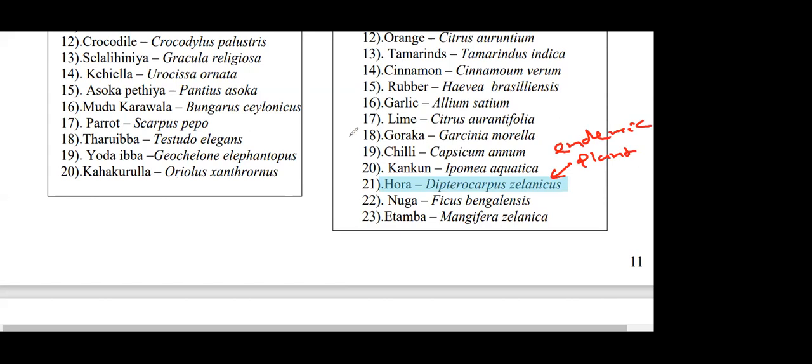This is also a bit important. Hevea brasiliensis, rubber. It was introduced from Brazil. Hevea brasiliensis, that's also a bit important. There are around 20 scientific names of plants and animals I have given, from each. But anyway, don't need to memorize the spelling. You will never get a question.